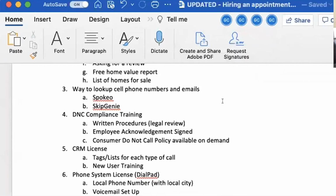You're going to want to give your calling assistant some way to get phone numbers if the phone number doesn't work or it's missing, which is probably the case for a lot of those lists. There's a whole bunch of services out there. The two that we use that I like and work just great for us, and no reason why I'm making money on them: Spokio. It's like $38, $48 a month for the premium version. We go there first. And then if Spokio doesn't get us what we need, then we go to skipgenie.com. And you need to probably give them some software that you're going to have to pay for, where they could put in the person's name and the information and try to hunt down the best phone number to